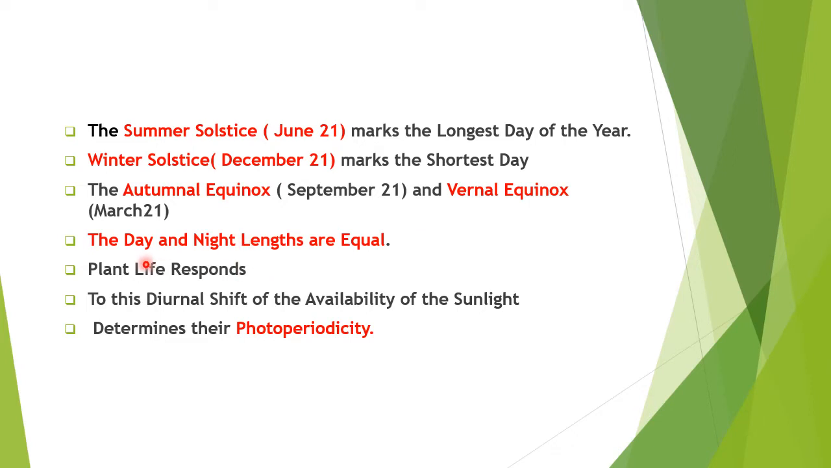So plant life responds to this diurnal shift of the availability of the sunlight. So you have the sunlight, you have the long days, you have the short days. So the plant life responds to this photoperiod. So to this diurnal shift of the availability of the sunlight, it determines their photoperiodicity. So we have made it clear that the photoperiods are there, and the plant life responds to this